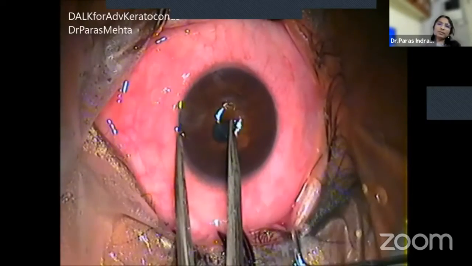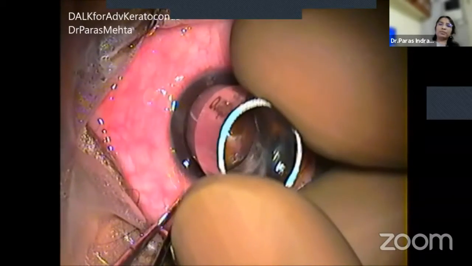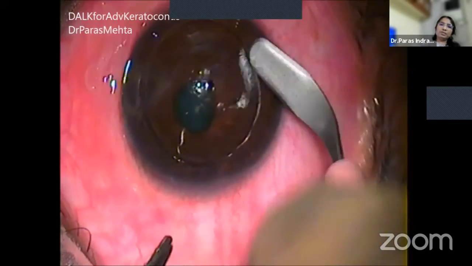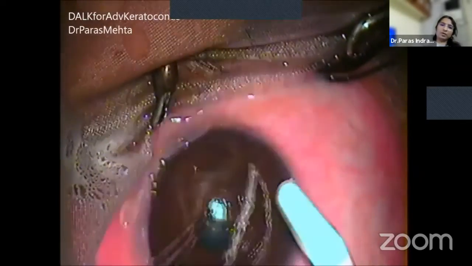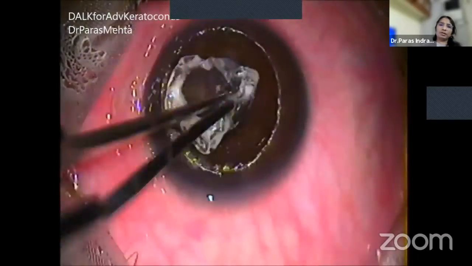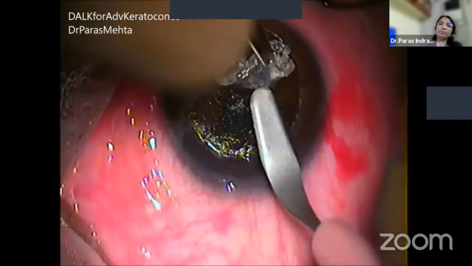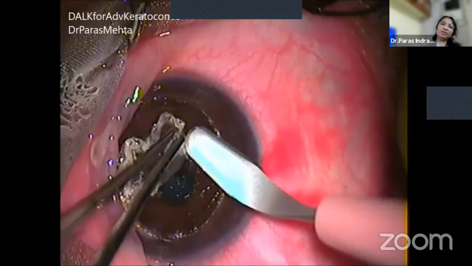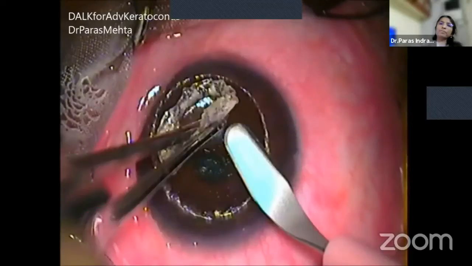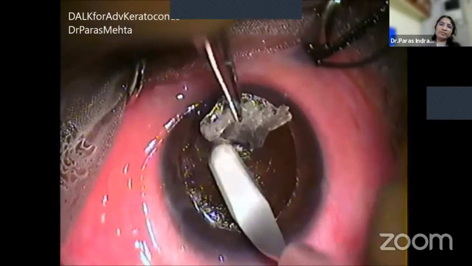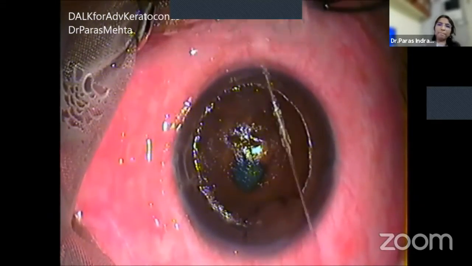Here, this is a very advanced case of keratoconus wherein a very limited amount of stroma was left, probably we are dealing with hardly 250 micron corneal thickness. So directly after marking the cornea, I've dissected the corneal tissue with the help of crescent blade. Gradually, as you are seeing, I'm lifting the corneal stroma and helping the dissection with the dissector. You keep on decompressing the anterior chamber so that it facilitates your plane and you don't end up perforating the center of the cornea.